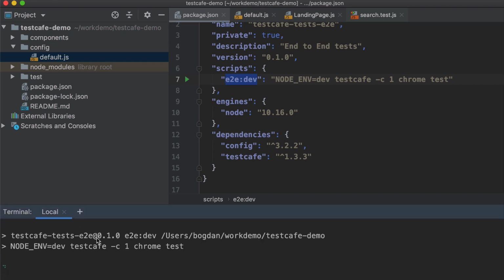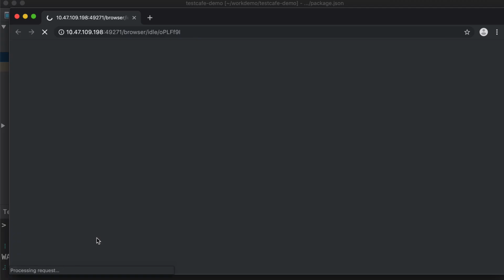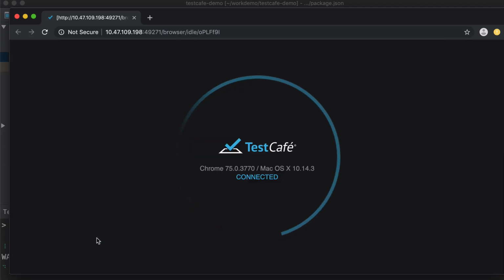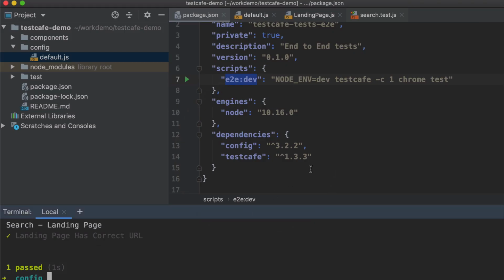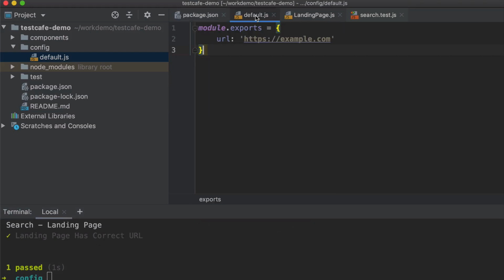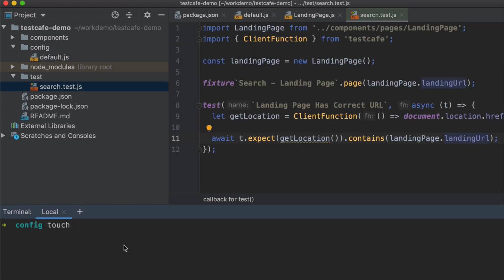Having another look at our test, what it's supposed to do is just open the landing page URL and then assert it with the current page that we have in our configuration file. Now let's go back and create another file. Let's call it staging.js, and let's define a different URL